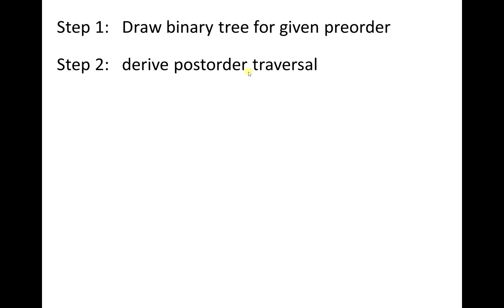What I am telling is, we have to draw the binary search tree of the pre-order. So before drawing the tree, here we are repeatedly using the terms pre-order traversal and post-order traversal. So let's see what these are. Just a small recap. We have three types of traversals in a binary search tree. They are in-order traversal, pre-order traversal, and post-order traversal.